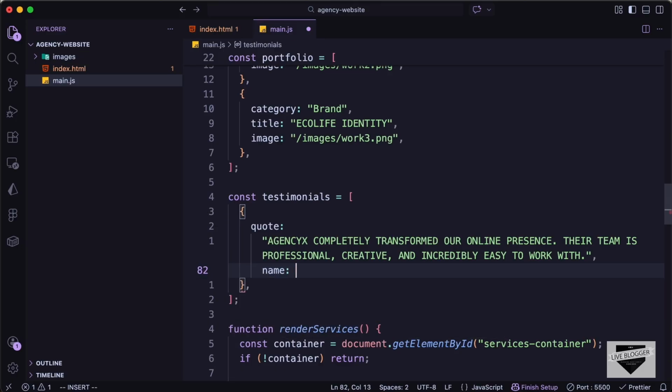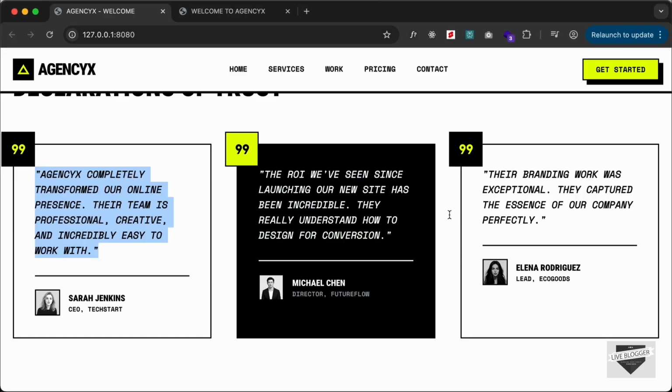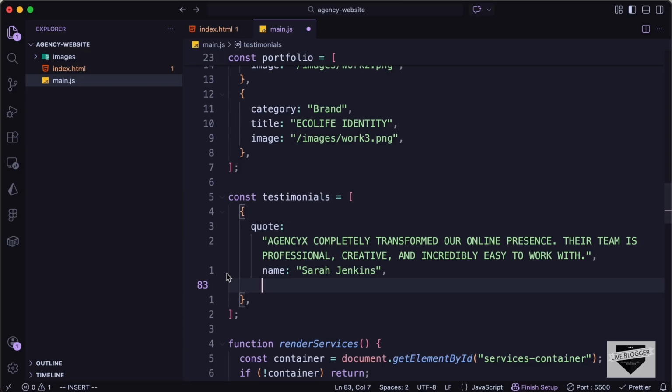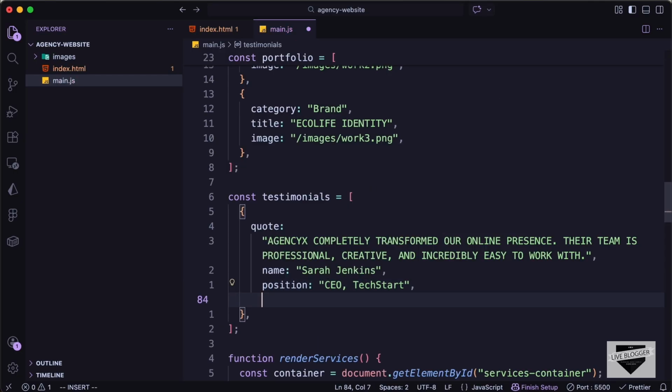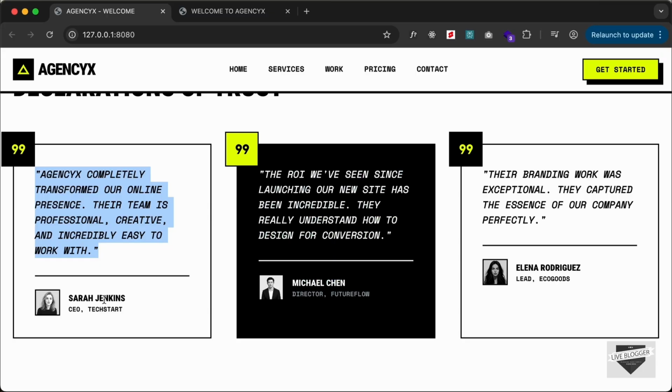So let's type name, let's set it equal to the name, so I'll just add this name over here. And then we need to add the position. So here we can see it is CEO, text start. So let's type position, CEO text start,